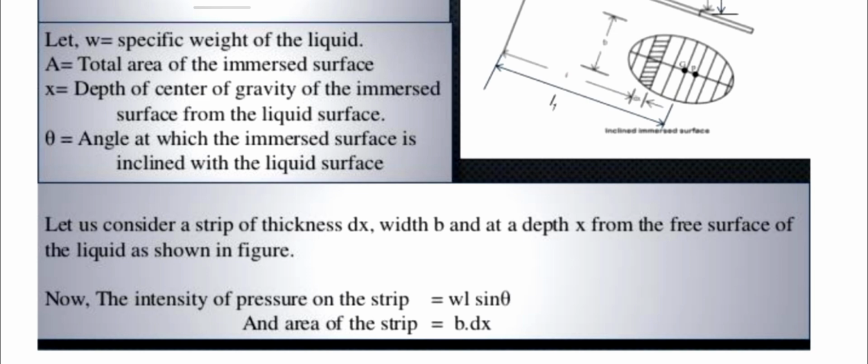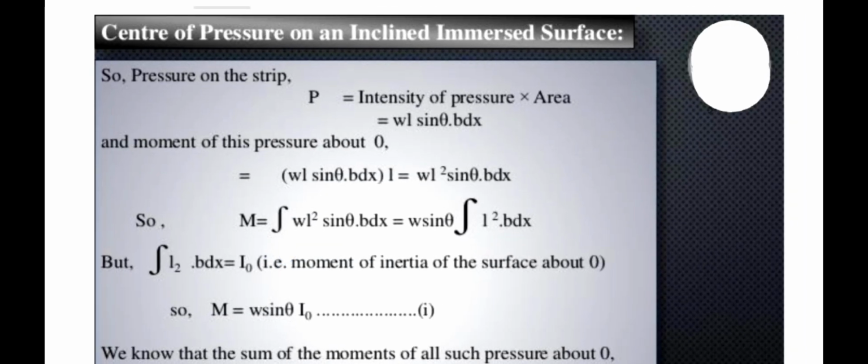Now the intensity of the pressure on the strip is equal to w l sin theta and the area is equal to b dx. So the pressure on the strip, P, is equal to intensity of pressure into area, w l sin theta into b dx,